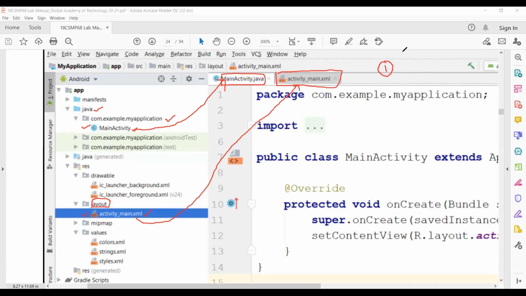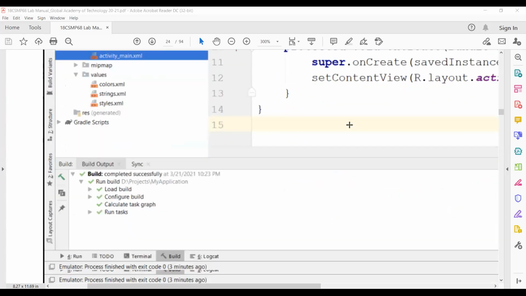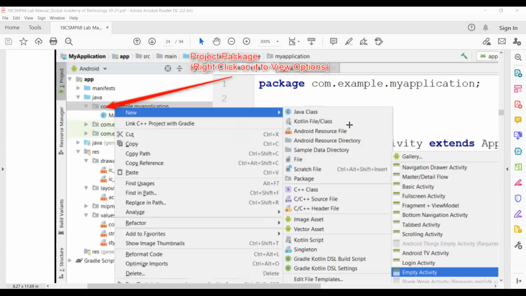Let us see now. Let me clear my drawings and move to the next slide. You see that, students? Under this package, this is the name of the package.